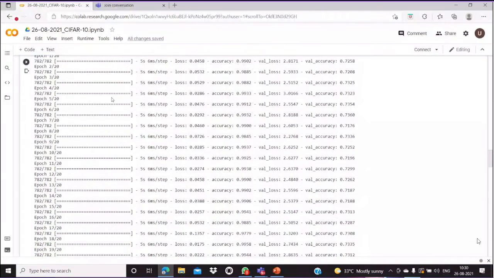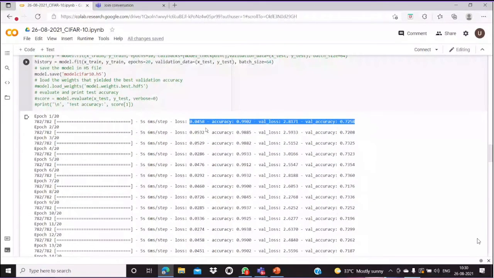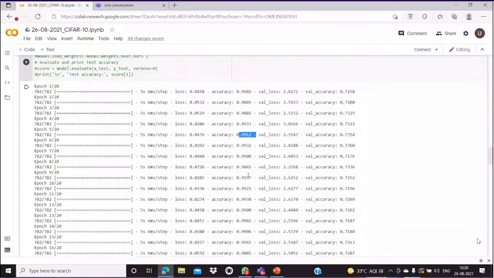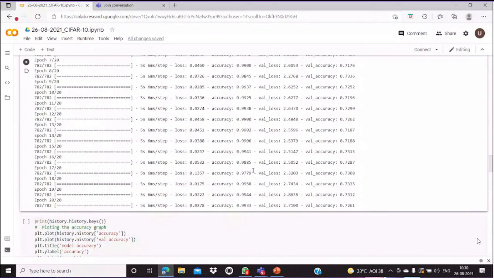So finally, every epoch is going to be run. The loss and accuracy, the training loss and accuracy and the validation loss and accuracy, which is equivalent to your testing loss and accuracy. You can see that every epoch it keeps increasing, for example 0.99, 0.9912 like this. Training accuracy keeps on increasing, and validation accuracy keeps on increasing, but at a certain stage it starts to decrease and then maintains the same values.